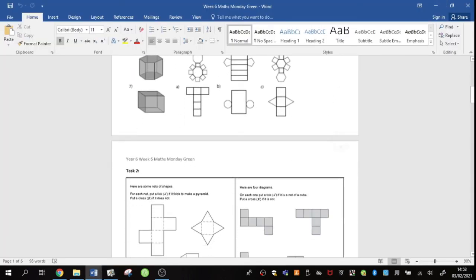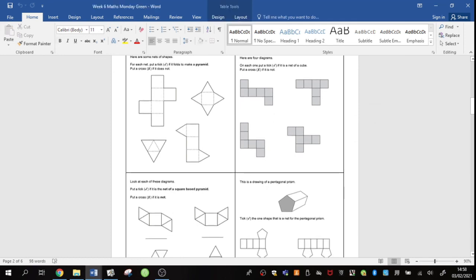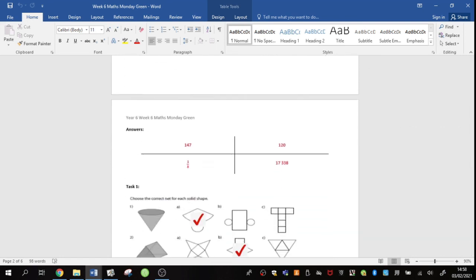Once you've done that, both groups have a variety of problems to unpick, looking at using your knowledge of nets, visualizing, unpicking them, making them if you need to, and as per normal, all answers are at the